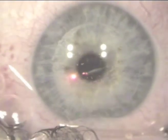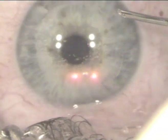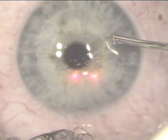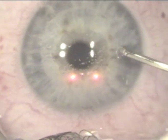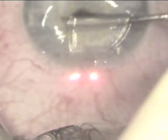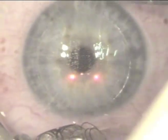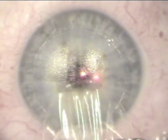We use purely disposable instrumentation, aspirating speculi, draped eyelids, and this is the Hirsch cannula, which is an irrigating cannula on a bottle of BSS, which is the only instrument that we use for the LASIK procedure. We're using the Hirsch cannula here to prepare the flap edge. Please note how nicely the flap dissects, and we will then reflect the flap onto itself in a taco fashion,